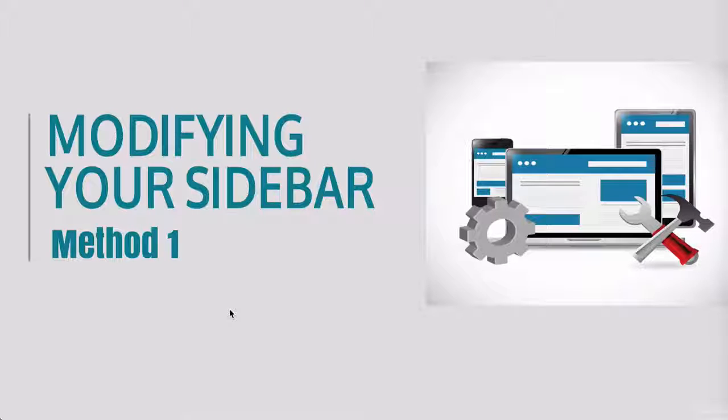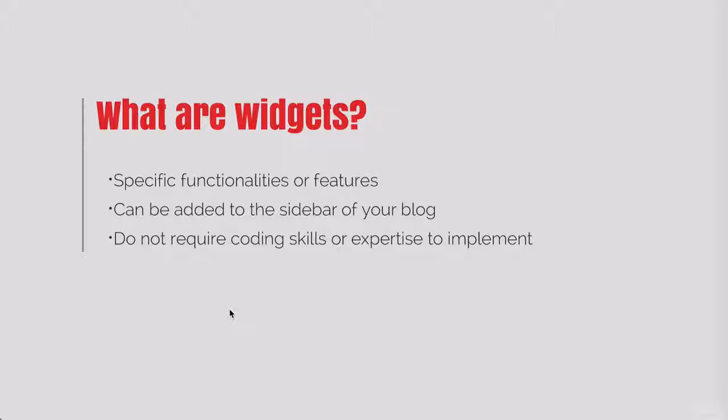As well as posts and pages, every WordPress blog can have so-called widgets. A widget is a specific functionality or feature which you can add to the sidebar of your blog, and in some themes to the footer as well. Examples of widgets include things like Facebook like boxes, email sign-up forms, appointment calendars, tag clouds, search boxes, and things like that. Widgets require no code experience or expertise to implement, and they can be added, removed, and rearranged in